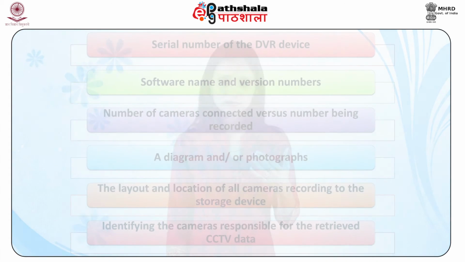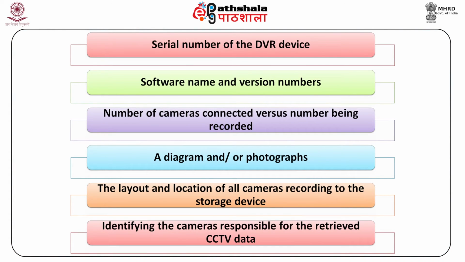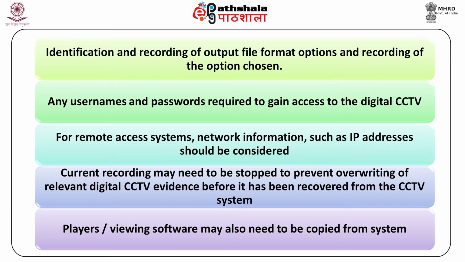Other information to record may also include E. serial number of the DVR device, F. software name and version numbers, G. number of cameras connected versus number being recorded, H. a diagram and/or photographs, I. the layout and location of all cameras recording to the storage device, J. identifying the cameras responsible for the retrieved CCTV data, K. identification and recording of output file format options and recording of the option chosen,